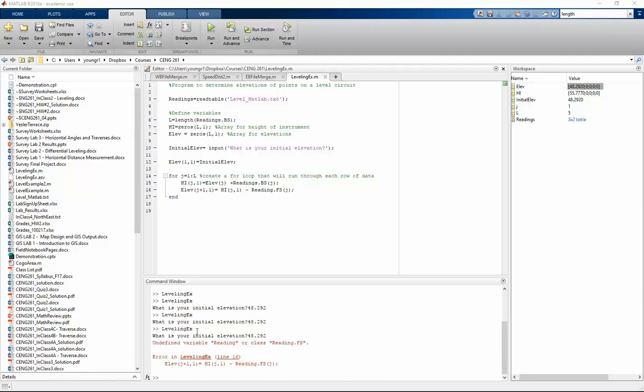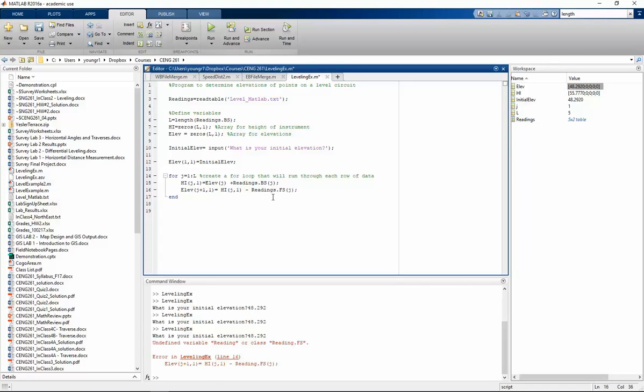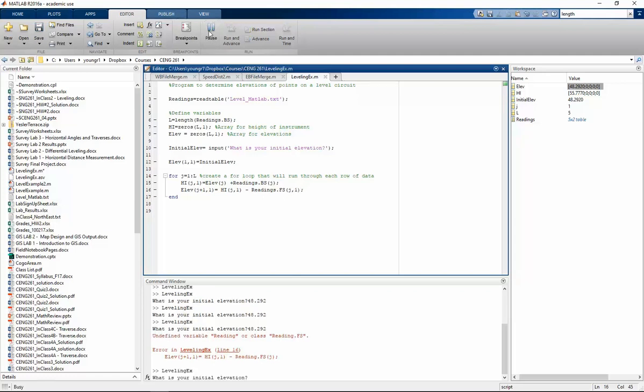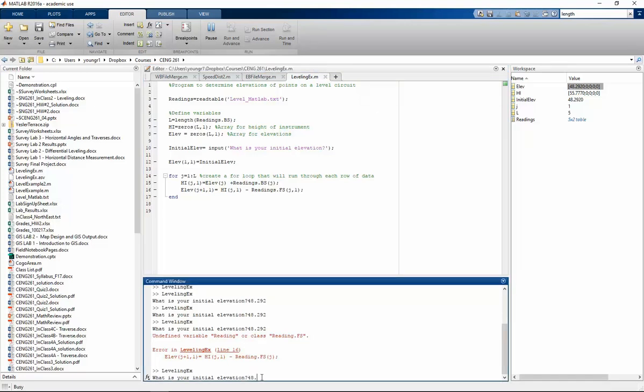So once I ran that code, I got an undefined variable reading in or class reading FS, and it tells me the error down here. What's happening here is in this reading, I forgot the S, so it thought it was a new variable. The other piece is this is readings. When I'm working with tables, I always have to have a column and a row. So I need to put that (1). Right? So then if I run this, ask my initial elevation,